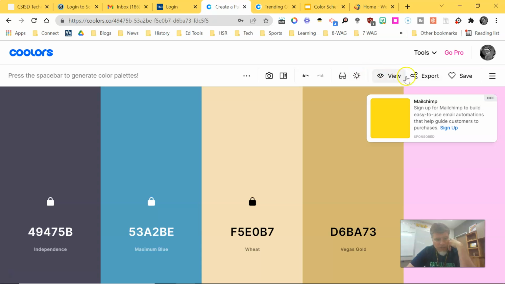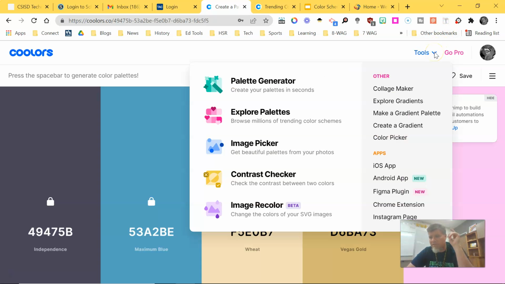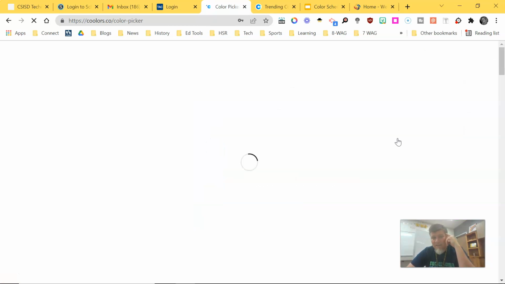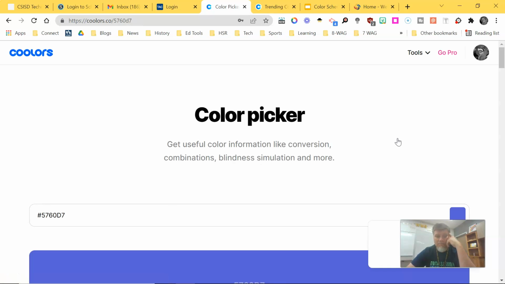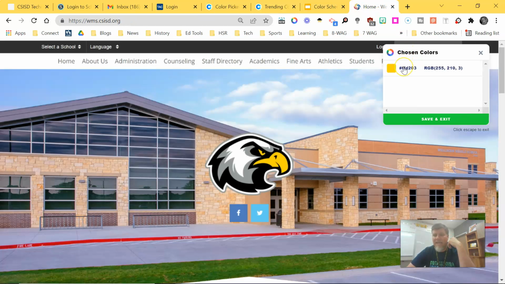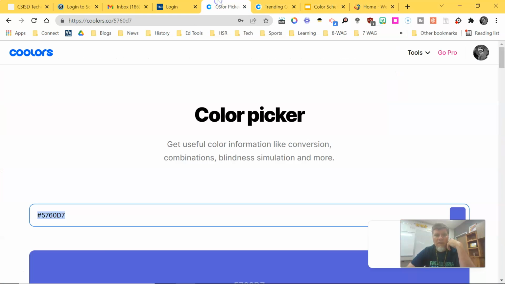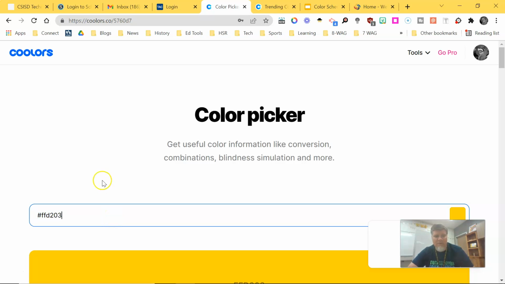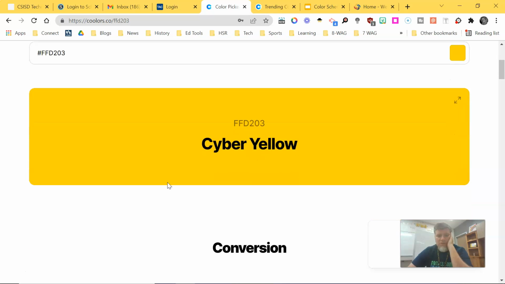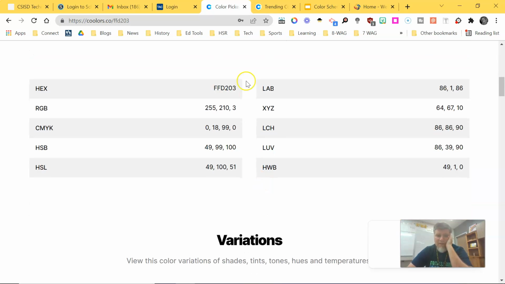One more tool that I want to show you. This video is going a little longer than I wanted, but this last one is Color Picker. So let's say you've got a color that you already want to match, and so you find the hex code for that color. I've got the hex code right here, and this is the yellow in the logo, our Welborn yellow. So I paste that hex code in,